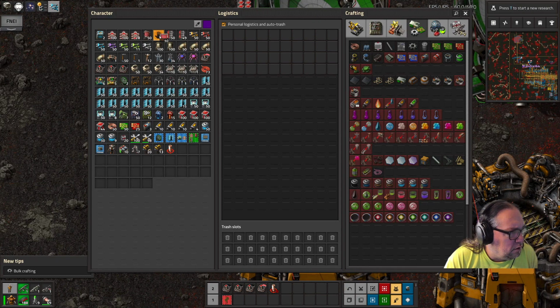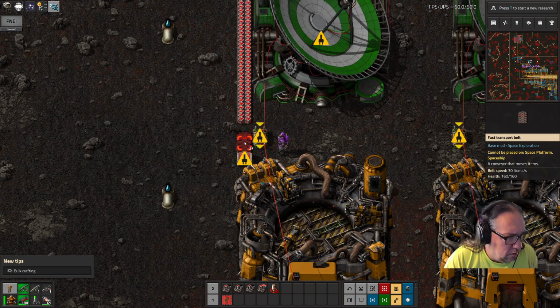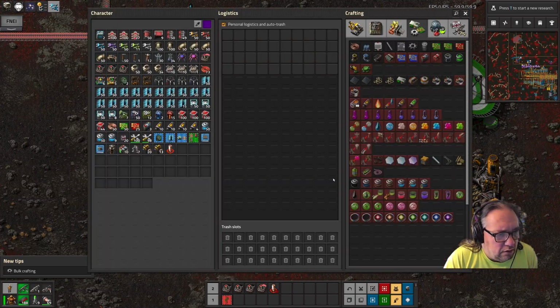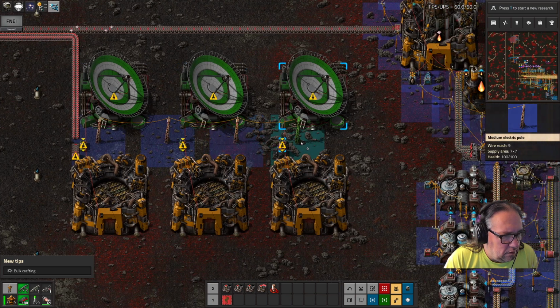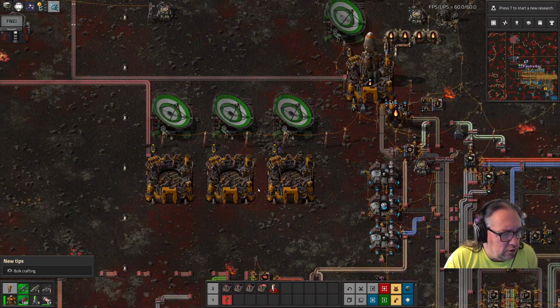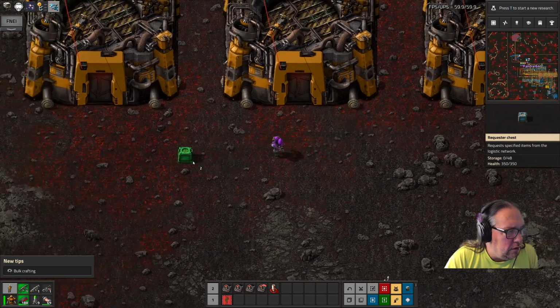Let's back this up a couple, because there we go. All right. Boom, boom, boom. So now let us put down poles for this. Trying to make sure. There we go. All right, so they're all hooked up now. All right, so now we want down here, we're going to want